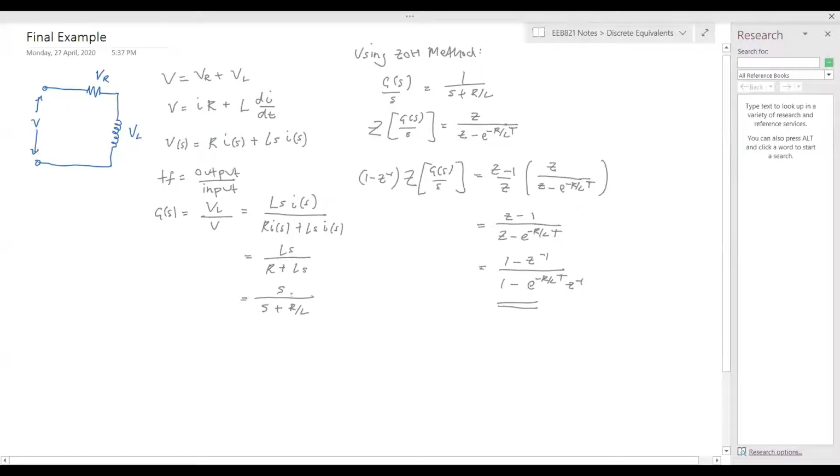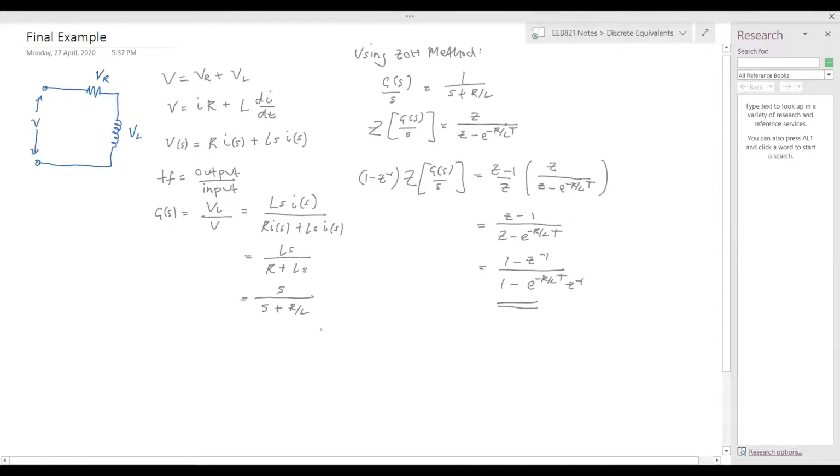After further simplification, this would be S over S plus R over L. So this is our transfer function for this particular filter. Now, if you want to convert this filter into